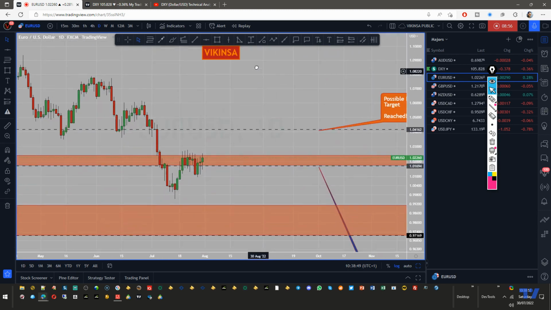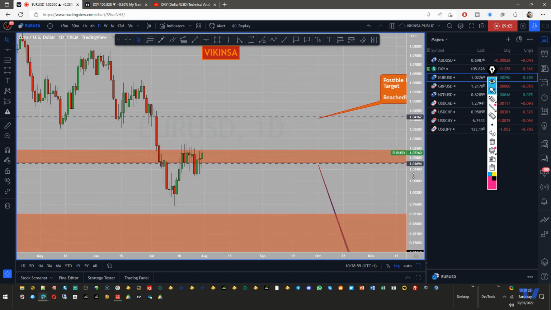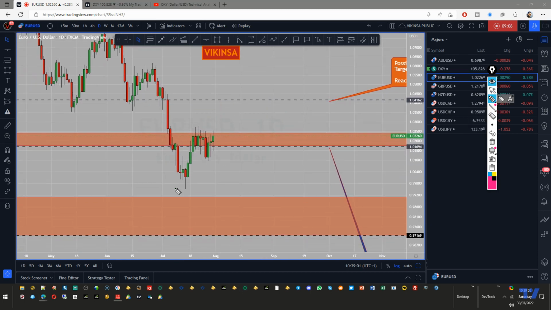But you see, what is happening here is that market has come back into this FCP zone, which I posted a few months ago, and now it is getting consolidated here. Before it can go higher, there is still a chance that it can form an M pattern here, which can be this M pattern or an extended one. Okay, and then it can go back up. So what I'm expecting is that market can actually come back down in the coming week or so in Euro USD, retest that 1.0 level, or even go lower than that, create a divergence, and then come back up.